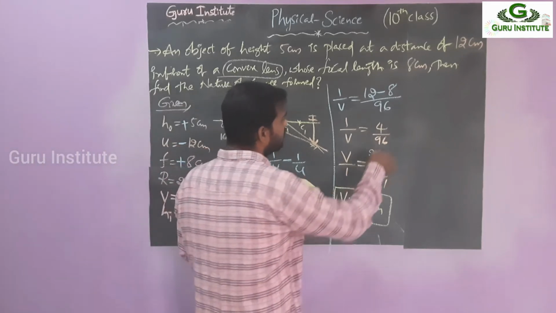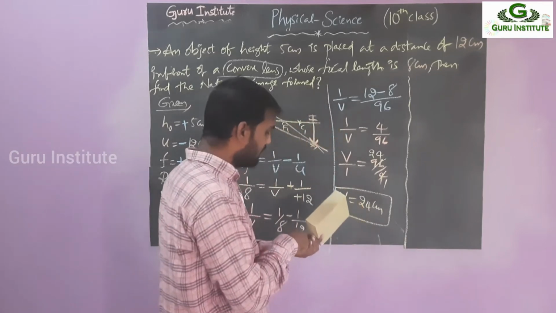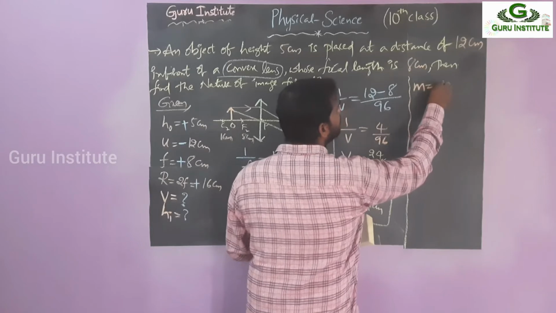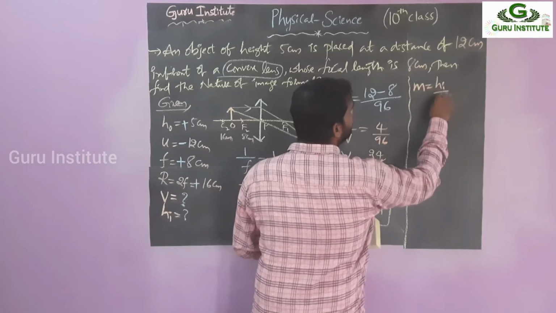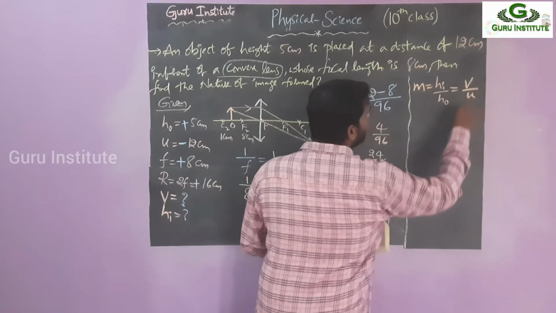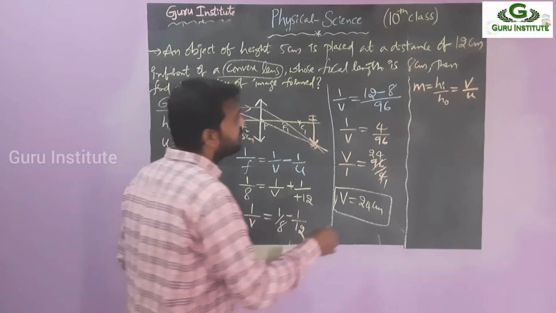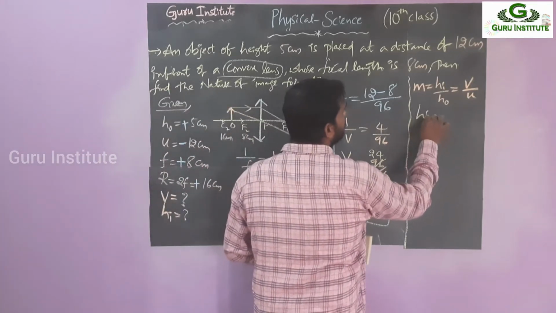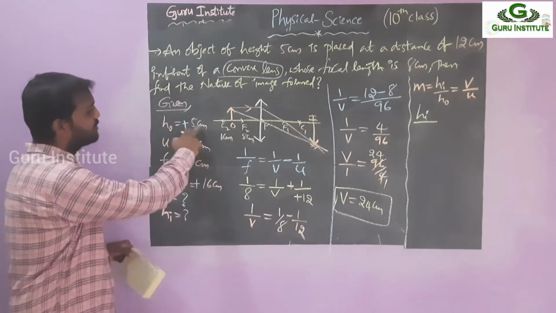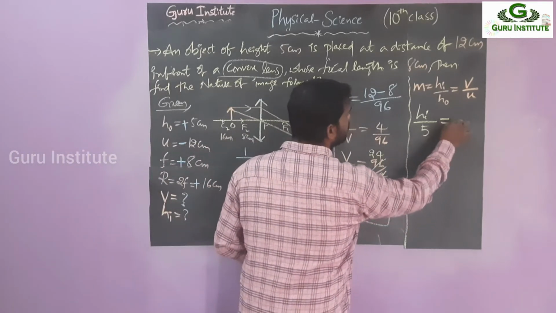Now going to find the HI by using which one? Magnification formula. What is the magnification formula here? Compared to the mirror, a little bit different. What is HI by H naught? That is equal to plus V by U, not minus. So simply substitute. What is HI? That is only what you have to find, right? So HI. So then what is H naught? Apply the sign convention. So plus 5. So automatically plus 5, no need to write the plus. Is equal to V by U.